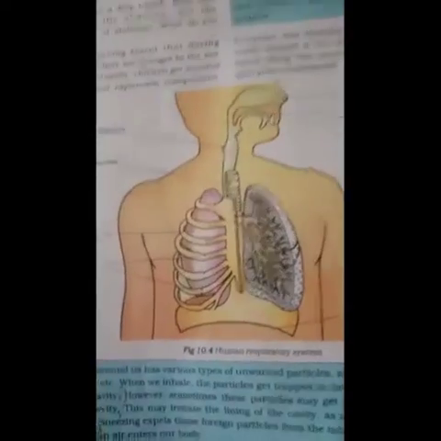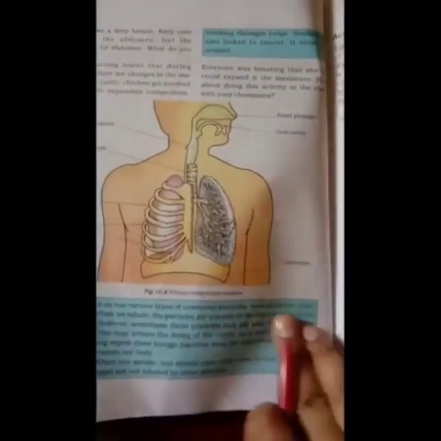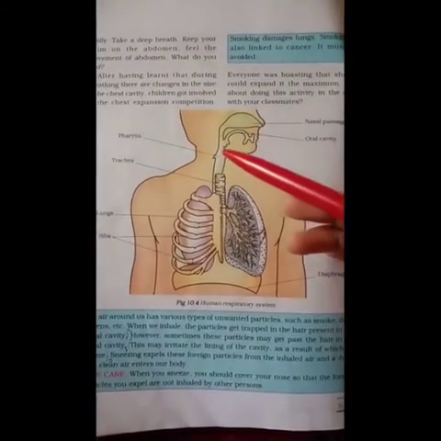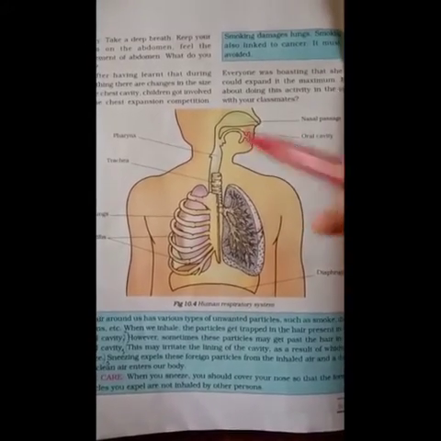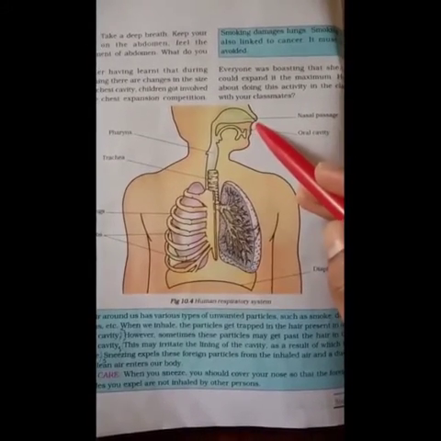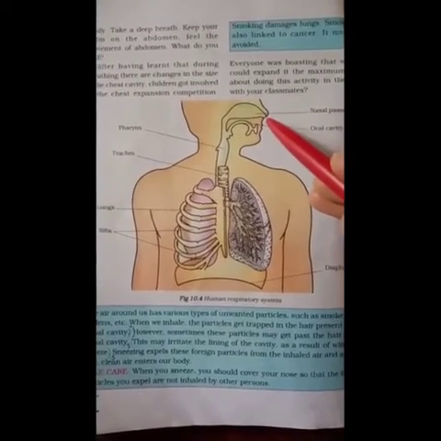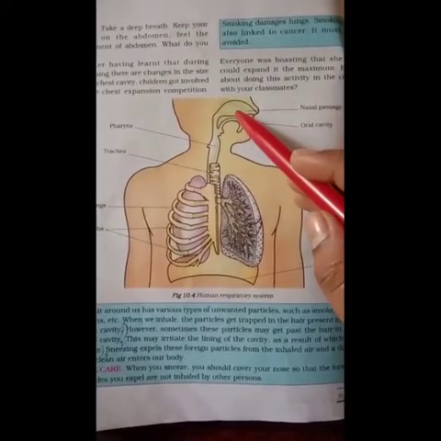So here is a human respiratory system, which is a very important diagram from exam point of view. And here children, this is said to be a nasal passage. Here you can see this is a nose and you have nostrils, that is two holes in your nose, that is said to be nostrils, and this passage inside the nose can't be visible.